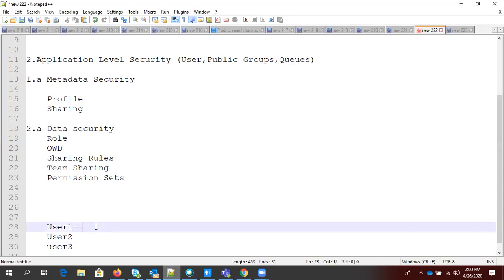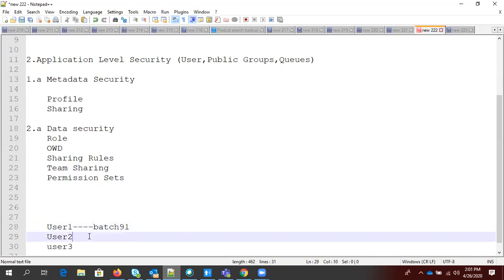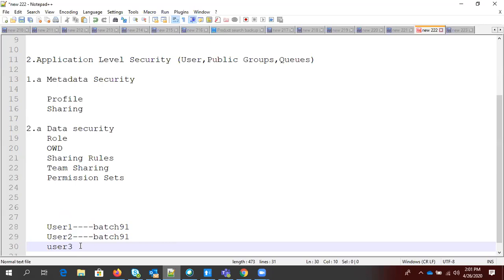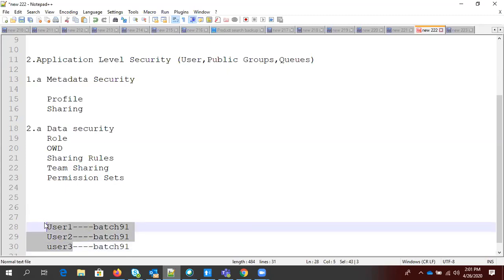User one has a profile called batch 91, user two also has the same profile called batch 91, and user three also has the same profile, batch 91. By this hierarchy, it means all three users have the same access in this org because they have the same profile. They can only do the same things, with the same access level in Salesforce, right?